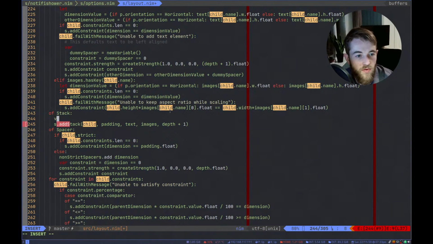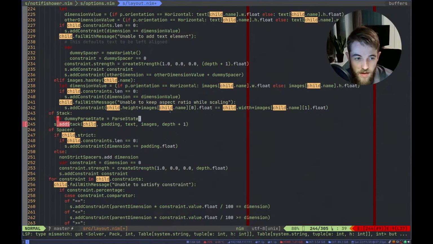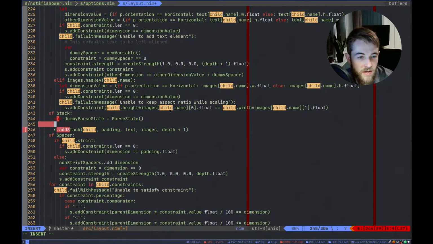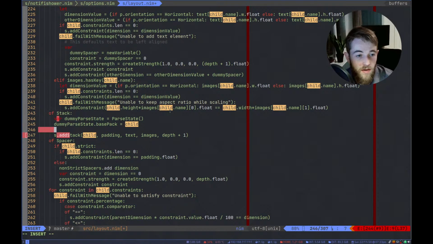So here I need to create a dummy parse state, which is a parse state where the base pack, actually let's do this, is a parse state, and then dummy parse state.basePack is equal to child.